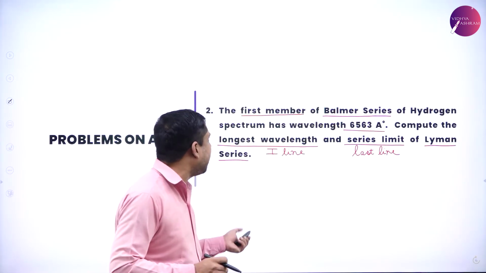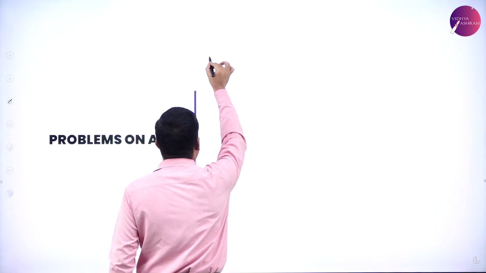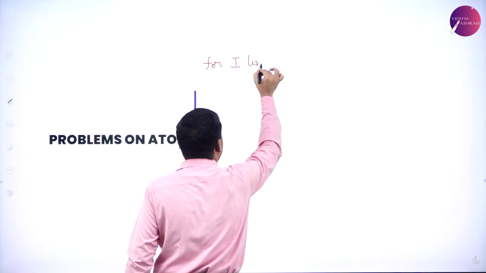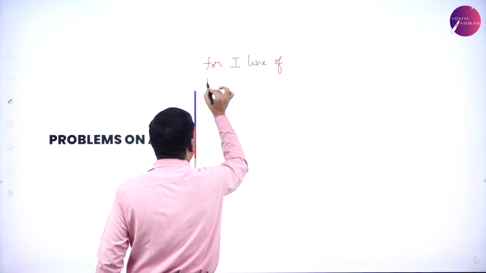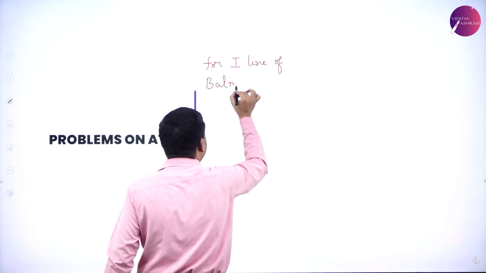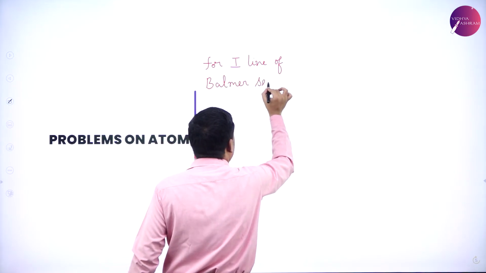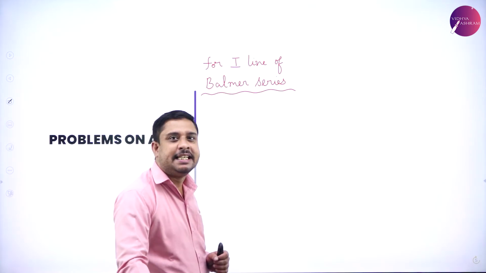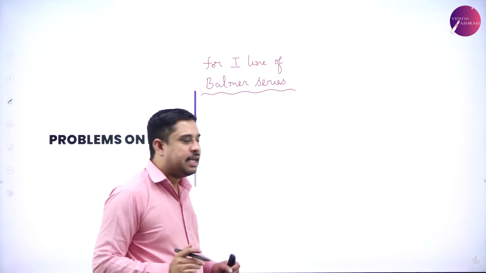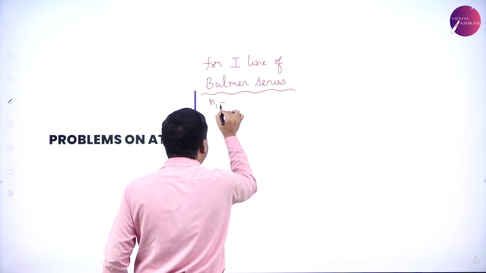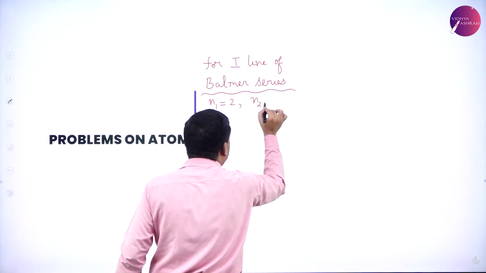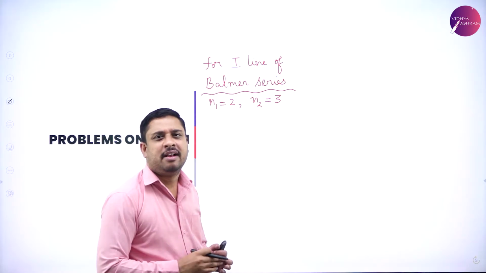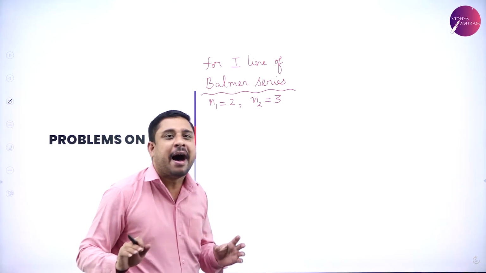Wavelength of first line again. So, for the first line of Balmer series, again N1 is 2, N2 is 3. As usual, first line of Balmer series,